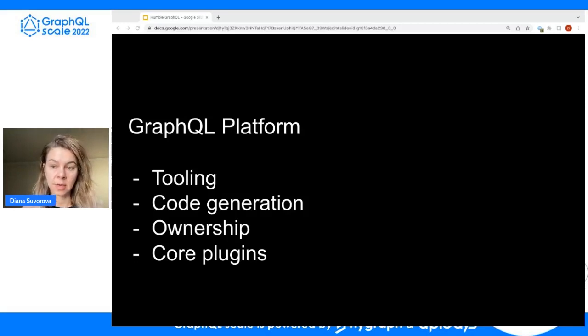So we're gradually raising the bar upon our code generation and schema connectedness checks. We are also addressing the problem of schema ownership. As I mentioned earlier, we are talking about quite a large number of schemas that we maintain, given the number of microservices.